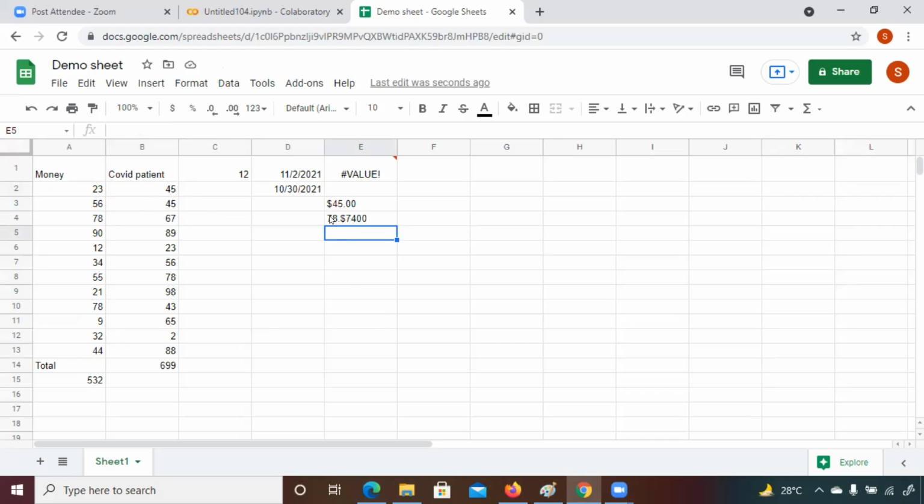Okay, 45.75. $45. So we want to convert 45. One minute. Okay. Yeah, it's coming 78 for this one. Okay, so let me check it for all those values. What is coming?